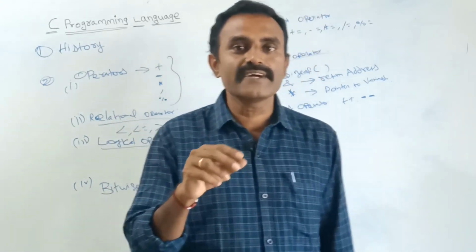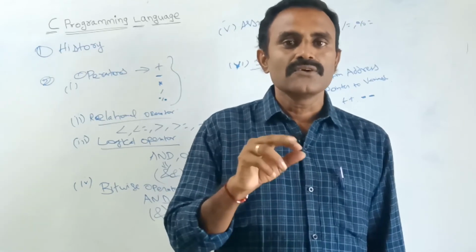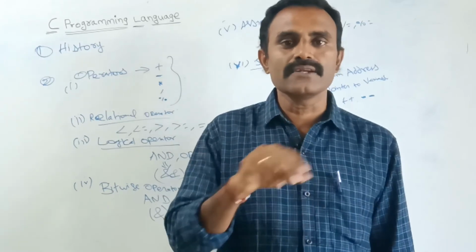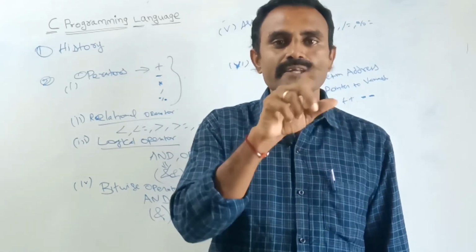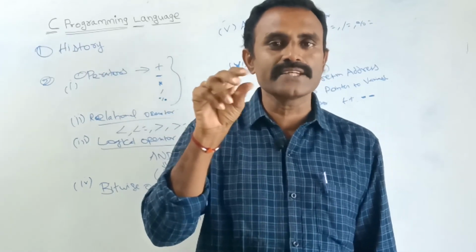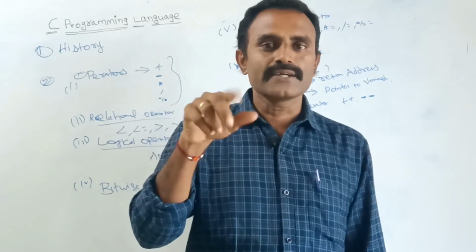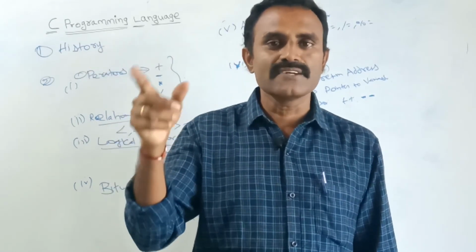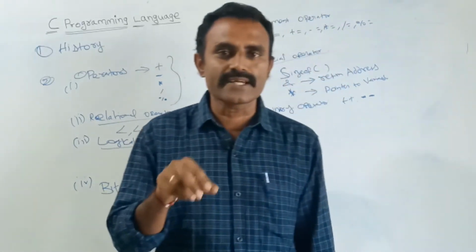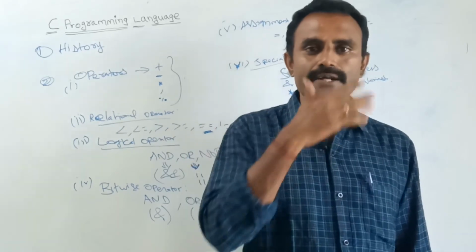Suppose I am declaring a variable as float rupees, because I want to store some rupees in a variable. If I want to find the default size of rupees with the help of the sizeof operator, I can simply give sizeof rupees. What will be the return value? The return value will be 4 bytes. So in this case we can find the size of each and every data type.